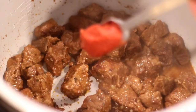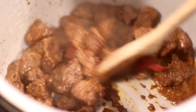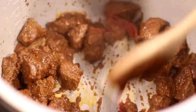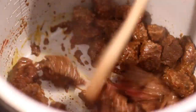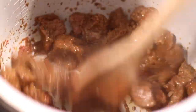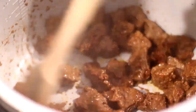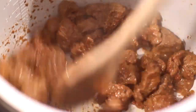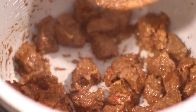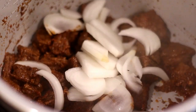Now that most of the liquid has reduced, I'm going to add tomato paste, and I'm just going to give it a good stir just to make sure it's mixed in and let it cook for about a minute or two before moving on to the next step. And I'm just stirring this around just to make sure that there are no clumps of tomato paste. Now I'm going to add the onions, and I'm just going to cook this for about a minute or two